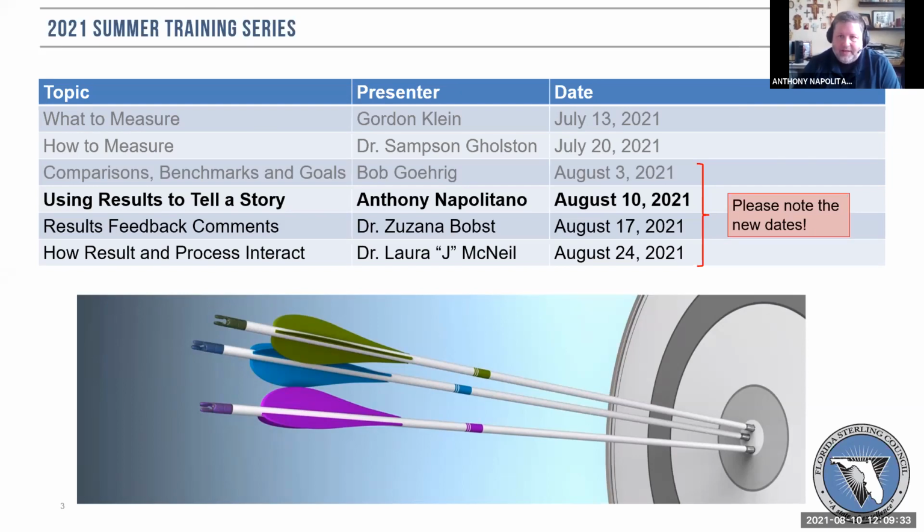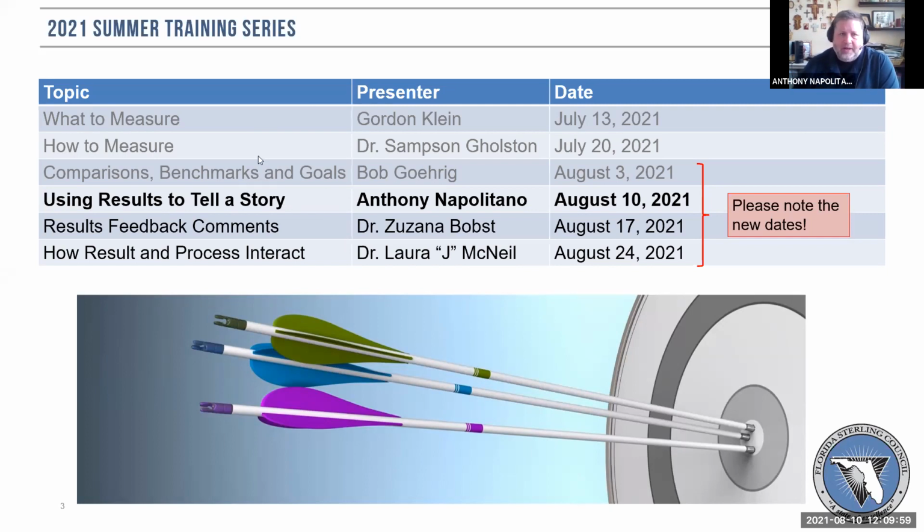You can also understand the way we think as examiners when we put these together, because that helps you think about the results also. Lastly, Dr. Laura McNeil will come in and take us back up. We've gotten down into the weeds here. She's going to take us back up into the big picture and talk about how results and process interact, so we come full circle when we come out of Dr. Laura's